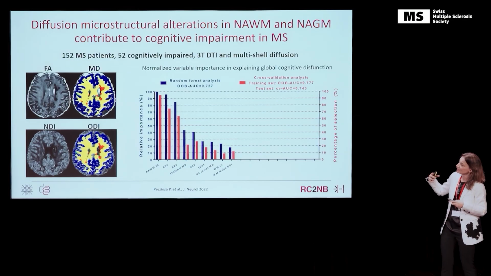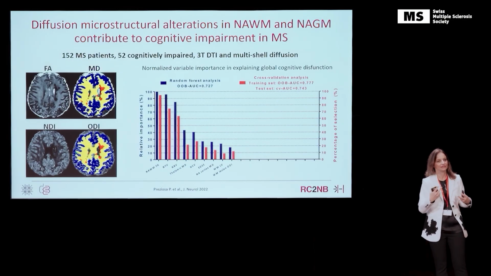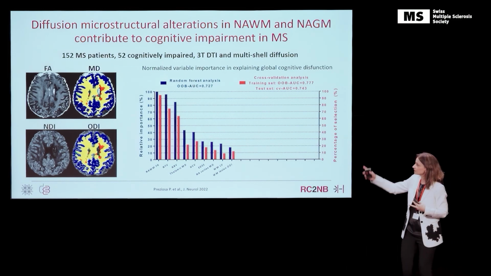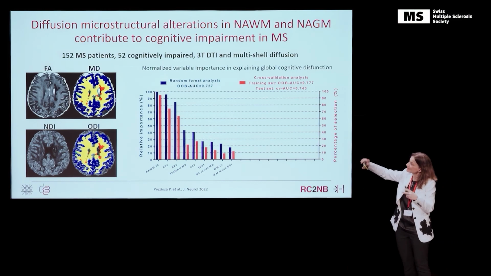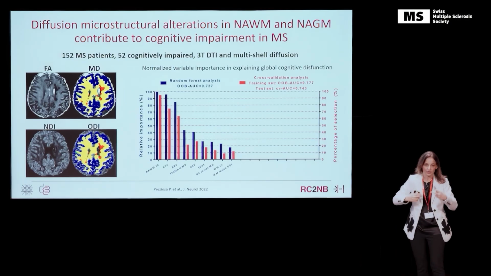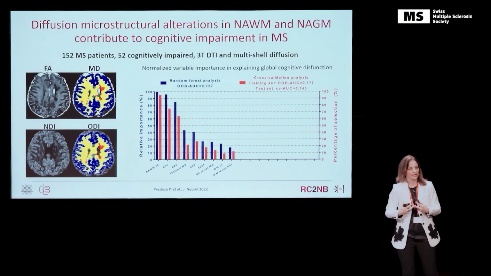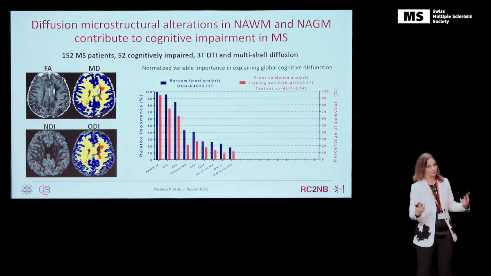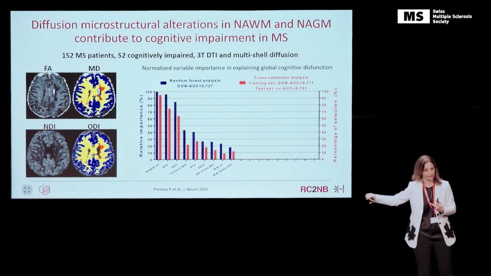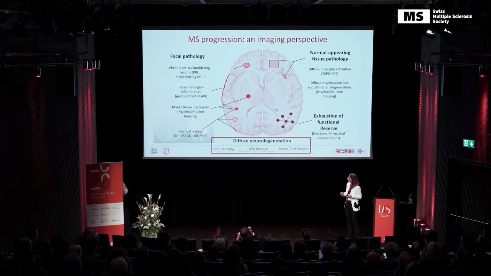but just to show you that it's not only the progressive definition that we need to use. There are different types of symptoms and signs, and I think Menno will speak a lot about this. So this is a study from the Milano group showing that some microstructural parameters explained the global cognitive deficits in these patients in a test-retest type of experiment. Again, extracting the microstructural properties of the normal appearing tissue, excluding completely the lesions. But I think Menno will speak much more about this on the next.